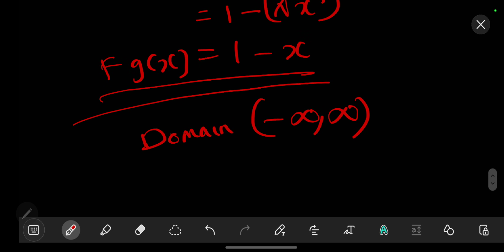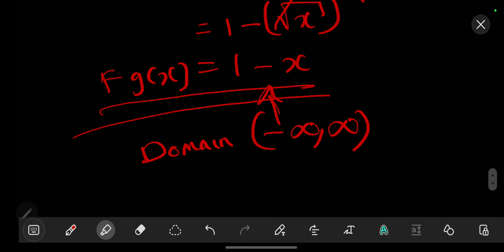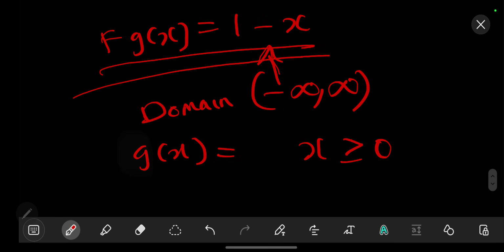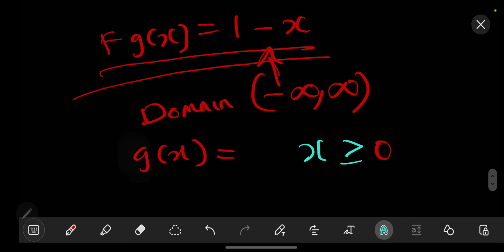So the only condition for this one is -infinity to +infinity, but g of x was found to have the condition that x should be greater than or equal to 0. So therefore, since this one has a lot of limitations, x should be greater than or equal to 0, therefore we are going to take this as our